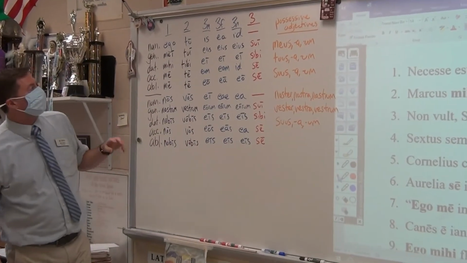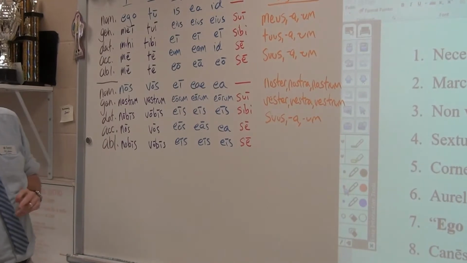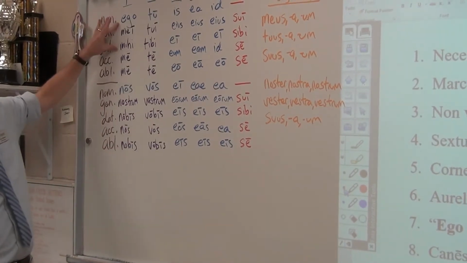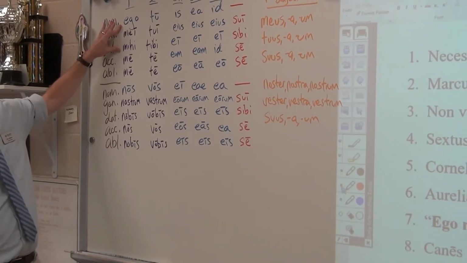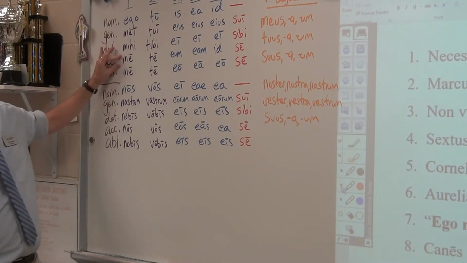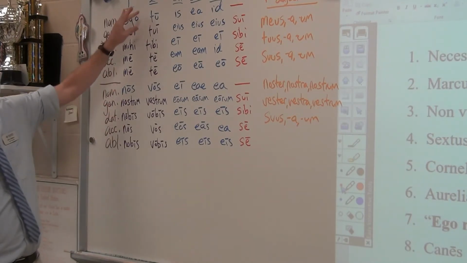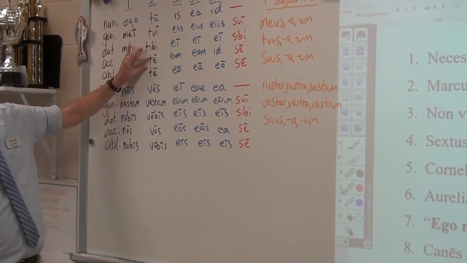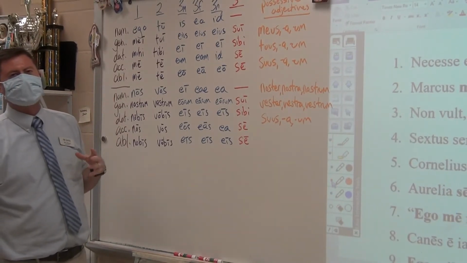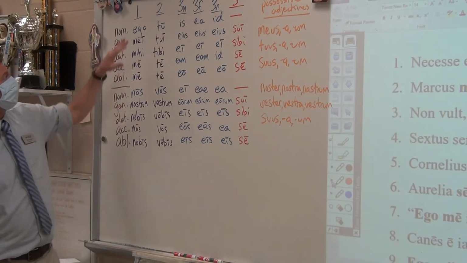Now, there are three persons: first person, second person, third person, and these are the personal pronouns. In the singular of the first person, we have I and me, depending upon whether it is a nominative I or an objective, accusative me. Making that plural, it would be we and us. Likewise, in the second person, you and you. You is used both as a subject and as a direct object. And then, of course, the plural, y'all and y'all.